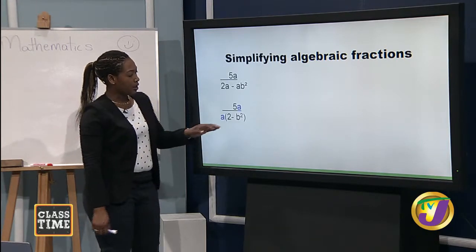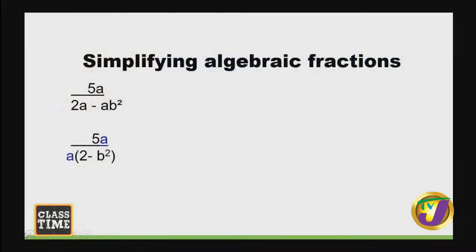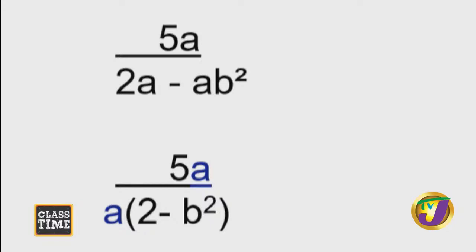So if we look here, I would have now factored out the common term, or the common factor, within the denominator. A is common to both 2a and ab squared. When factored out, that means I've now divided both terms by a. 2a divided by a gives me 2. Negative ab squared divided by a gives me negative b squared. So as you can see, now my new algebraic fraction will look like 5a over a, open bracket, 2 subtract